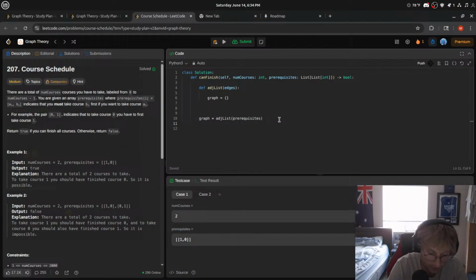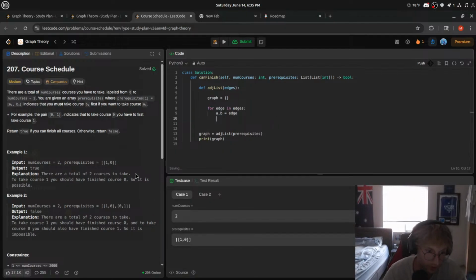Graph is equal to this. Let's print our graph here. When we loop through this, we want to think about it as a directed graph, because to take course 1, you need to take course 0. So we don't want to be able to go back to course 0. We need to think about it as a directed graph. So if we loop through this, we do for edge in edges, a, b is equal to edge. So to take course, we want to do